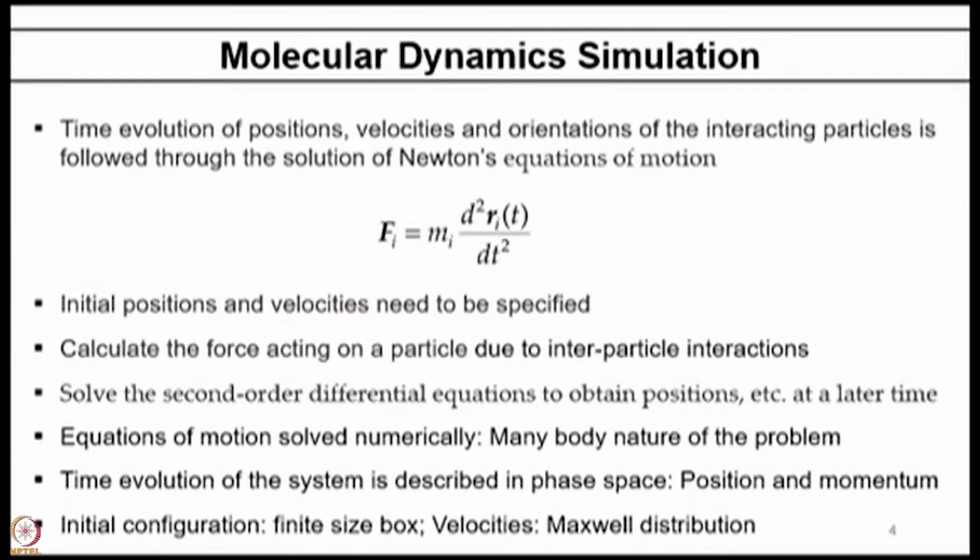You go to each particle, find its position, velocities, its orientation, if it is like water, then you find the force and torque on the molecule, and then from time t to next time t plus delta t, you propagate it by integrating. This is called the method of quadrature, which is solved numerically,